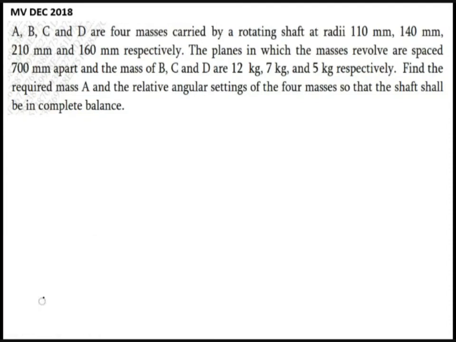So let us understand. Now in this problem, basically they have given A, B, C, D as the 4 masses carried by the rotating shaft at radii 110 mm, 140 mm, 210 mm. The planes in which the masses revolve are spaced 700 mm apart, and the masses of B, C, and D are 12 kg, 7 kg, and 5 kg respectively. Find the required mass A and the relative angular settings of the 4 masses so that shafts shall be in